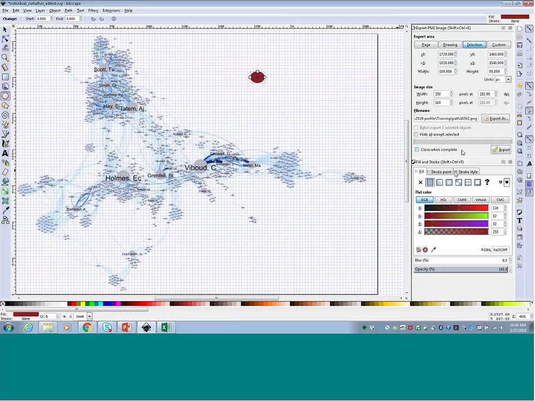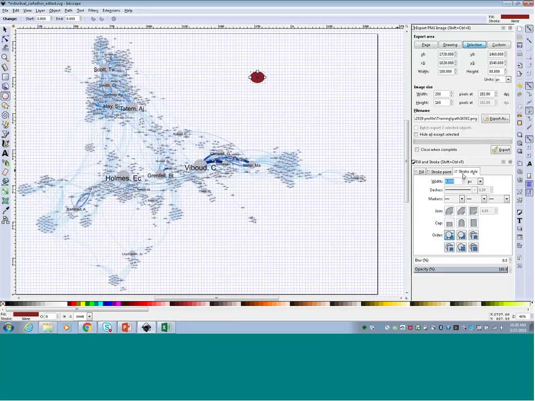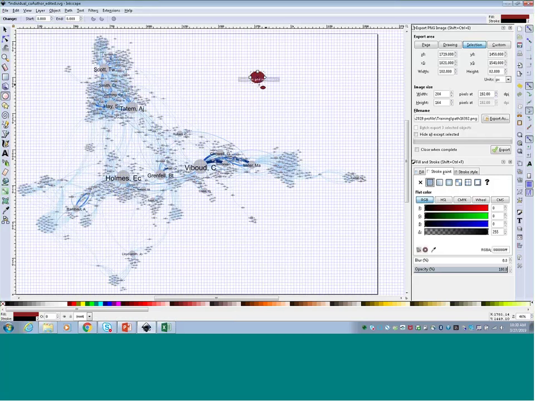The first thing I'm going to do is adjust the actual outline. If you click in, I don't actually have any outline currently set. That's what that X means. So I'm going to go over here to select a flat color, and that's going to give it a flat outline color. Then I can change the actual color. I'm going to select maybe 192. You can change the red, green, blue values to change the color. So I'm going to set it again, 192, just to get a nice flat gray color that's about the same color as the nodes in my network.